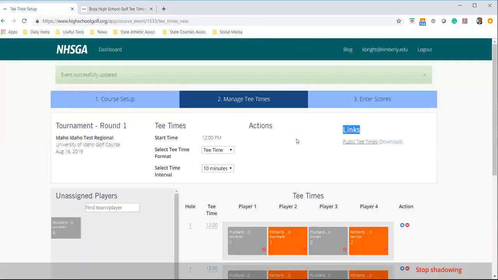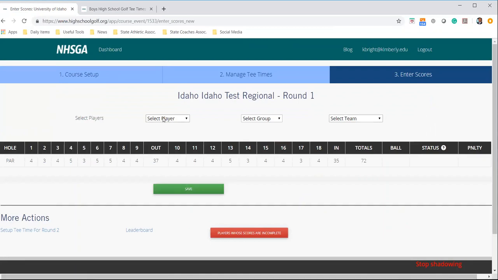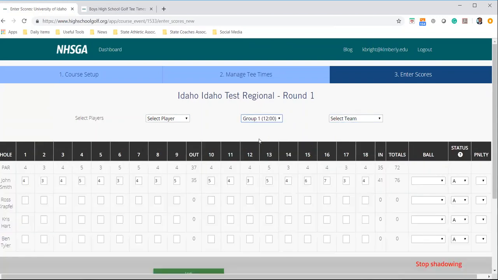So once we have all of that set, and let's just say that the players are starting to come in during the first round or the second round of the event, you're going to go up to the top again and click on number 3 where it says enter scores. You have 3 ways of going about this when players are coming in. You can select the player's name, you can do it by group, or you can do it by team. I would suggest doing it by group. It just makes it a little bit easier when the players are coming in,